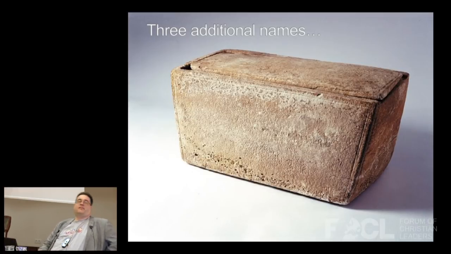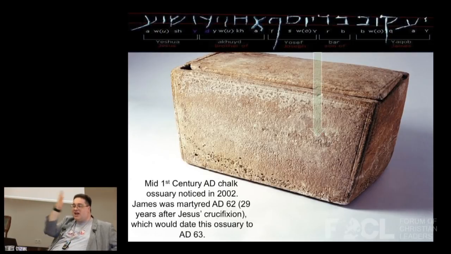Another ossuary. You can tell immediately from looking at it that these people were not rich. This is not like the ossuary of Caiaphas's family. But the inscription on here is particularly interesting. Reading, of course, from right to left in Hebrew, the inscription that the arrow there is pointing to says, Jacob bar Yosef Achud Yeshua, which is Jacob bar Yosef, Achud Yeshua.